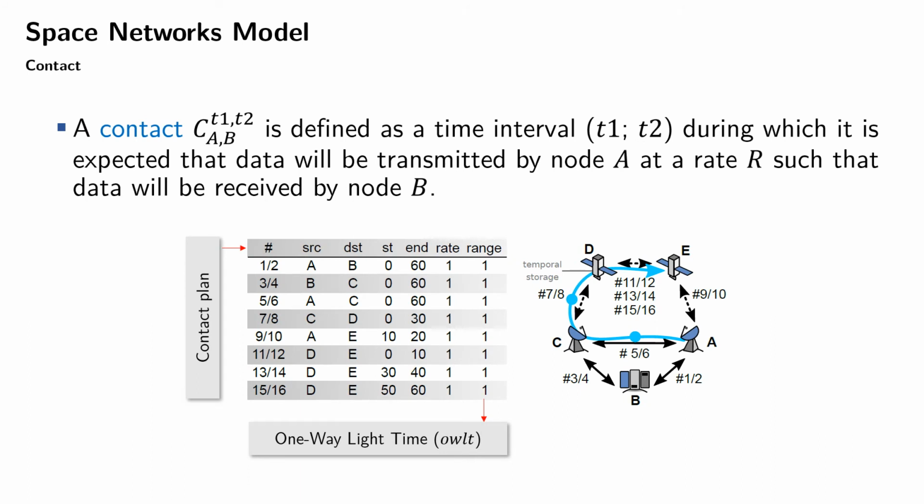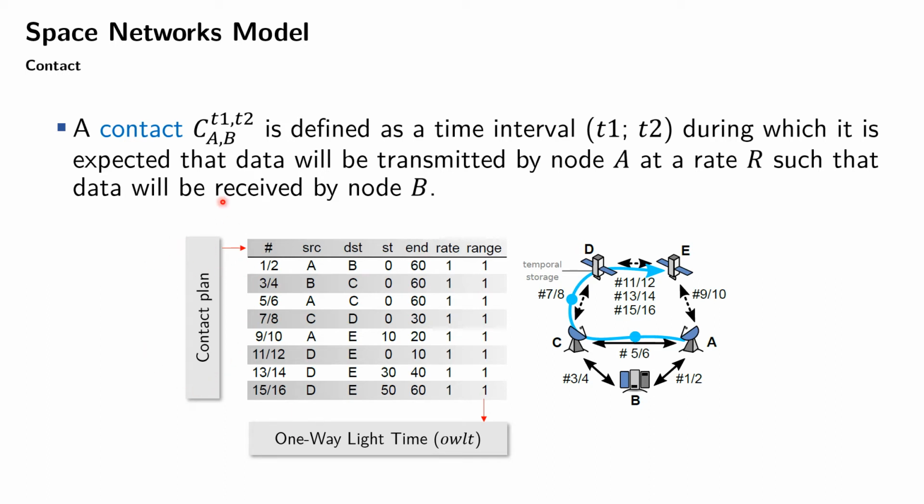So let's go into a little bit of the models and what CGR is assuming for making this routing calculation. The main element in a model of DTN is the contact. A contact is a time interval, between T1 and T2, in which it is expected that data will be transmitted by node A at a rate R, such that data will be received by a given node B. So a very simple concept. Basically, it's an interval of time where we're able to transmit data from one node to the other,